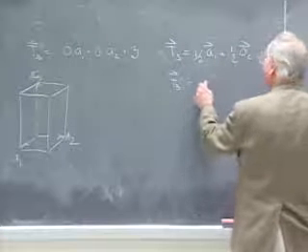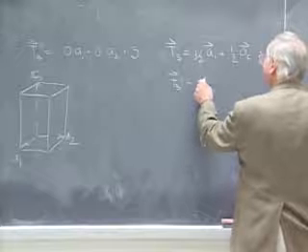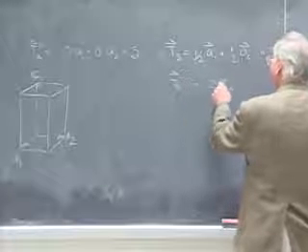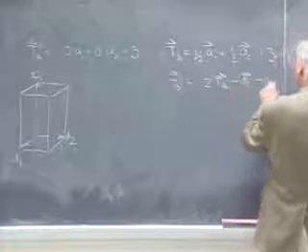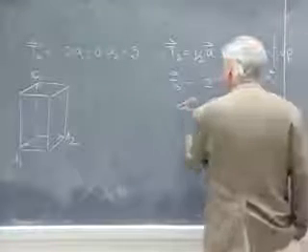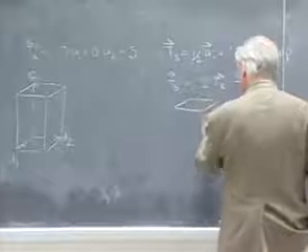Define a T3 prime as 2T3 minus A1 minus A2, and that will define for you, again, a cell in the shape of a square prism